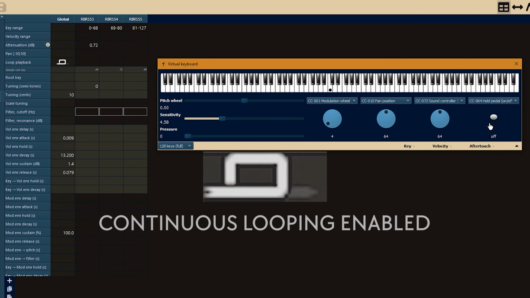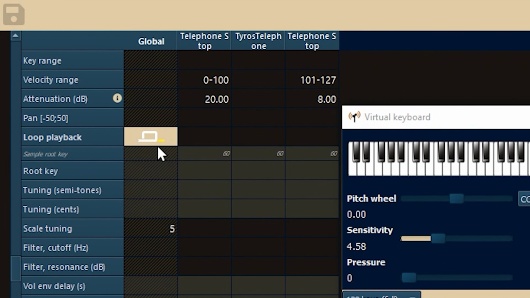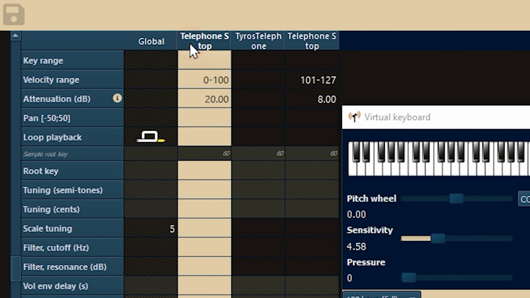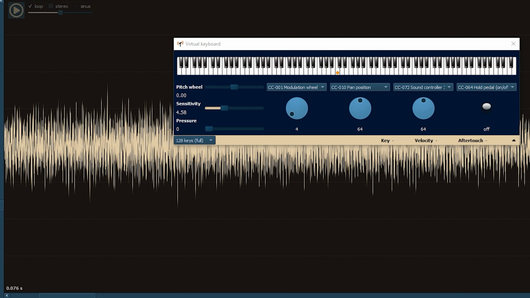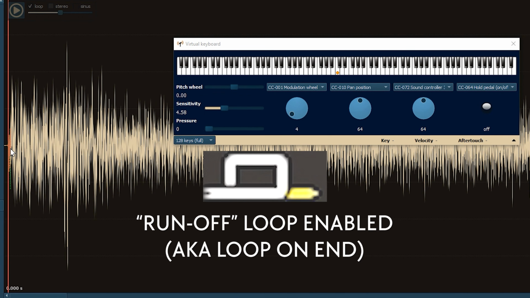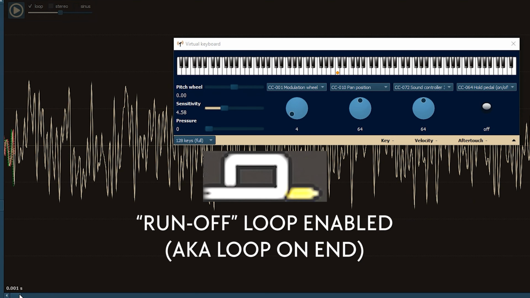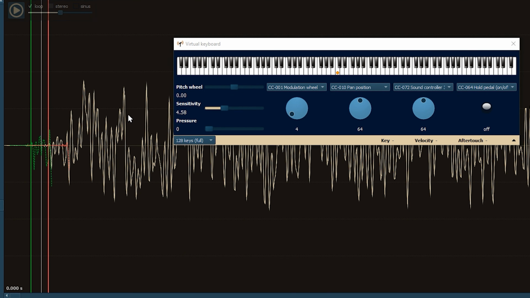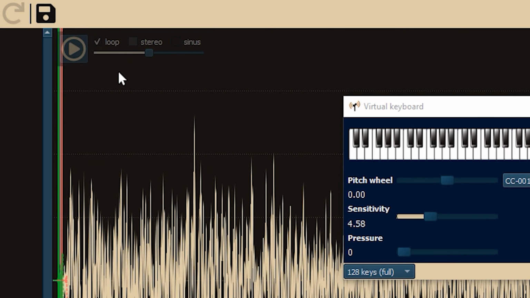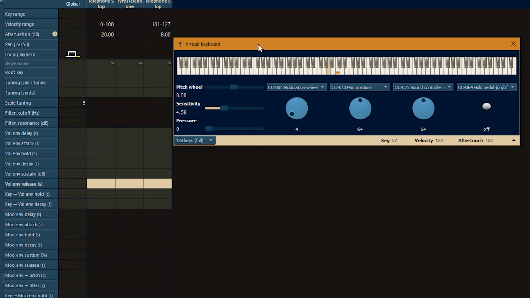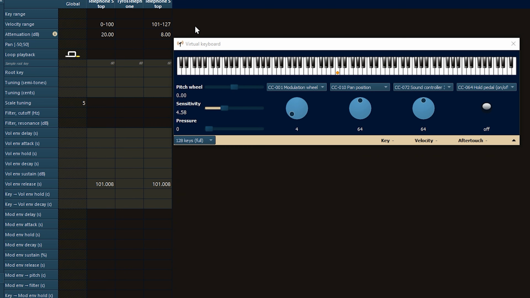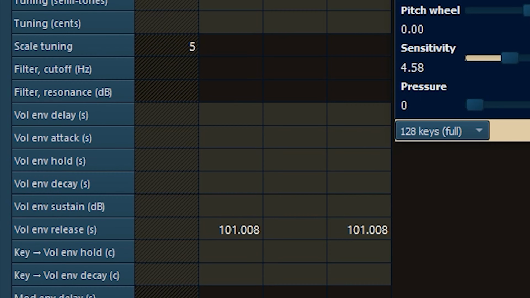Well, kind of. Runoff loop, or according to the manual, loop to end, is a rare occurrence where the sample approaches the loop start and cycles within the loop points just as long as you hold the note. Upon release, the loop is abandoned and the sample proceeds to its remaining length. In this mode though, you must have a shorter loop duration to make it happen seamlessly. And to hear the runoff, i.e. the sample reaching its true endpoint, you must set a longer release time.